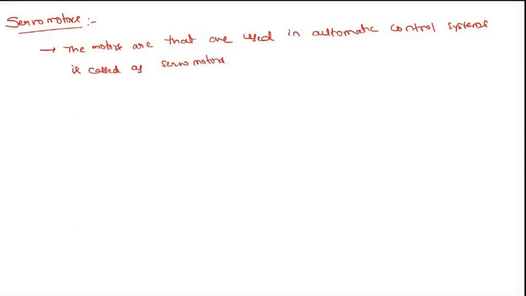And here, automatic control: we know that the definition of the control system is one object that is formed by arranging the elements in a proper way. In order to control and maintain the system, some control technique is required to regulate, direct or command. That is called a control system. Now it's automatic. Automatic means without manual intervention, it can be done on its own by taking some feedback.